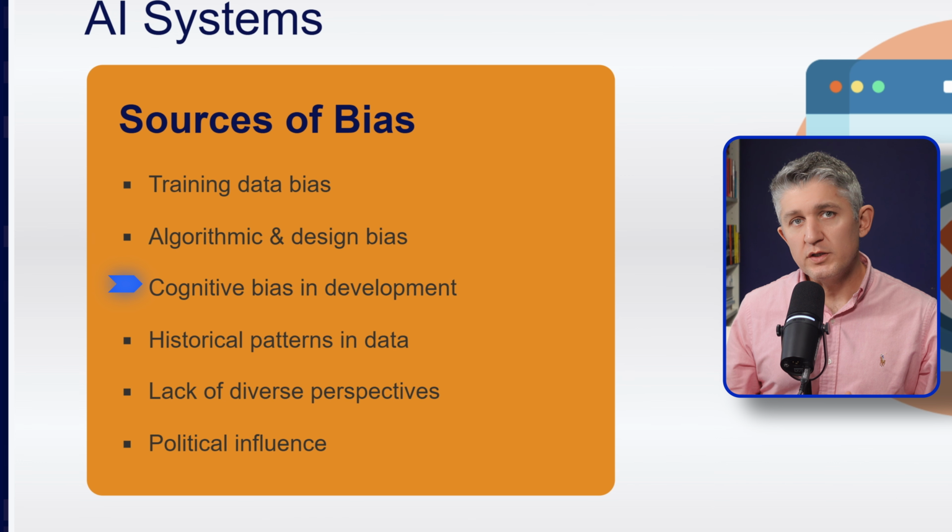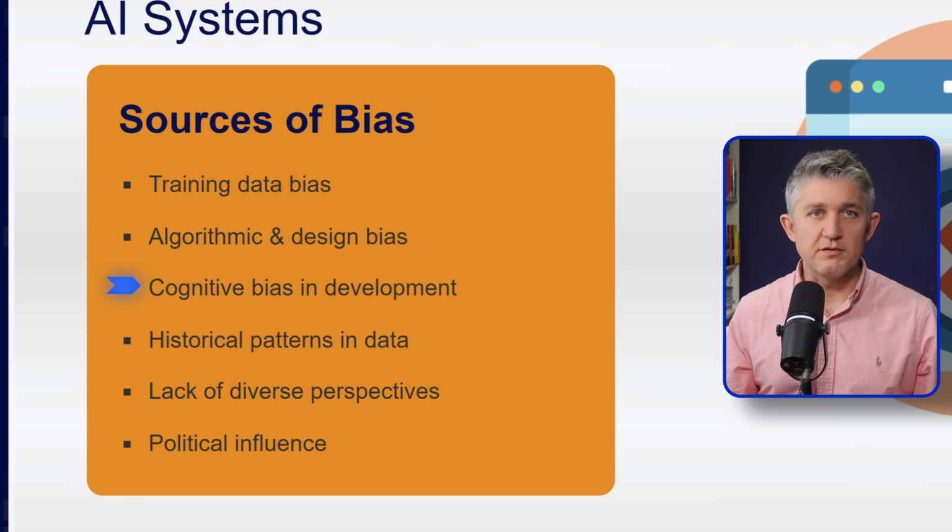The choices that we make about features, thresholds, loss functions, and how outcomes are pushed are reflected in the algorithm. Optimizing for average accuracy means sacrificing minorities. A proxy feature like a postcode can quietly stand for income or ethnicity. Another one is cognitive bias in development. We are all humans, and our own assumptions creep in during problem framing and evaluation. Confirmation bias makes us notice results that fit our own beliefs. Anchoring on an early metric can blind us to better objectives.